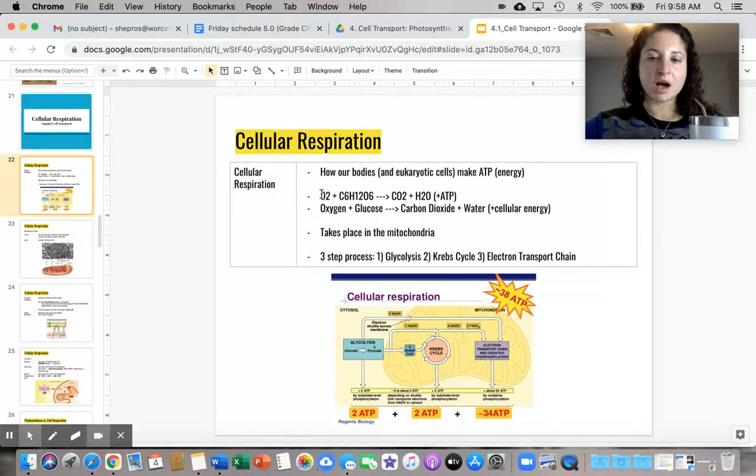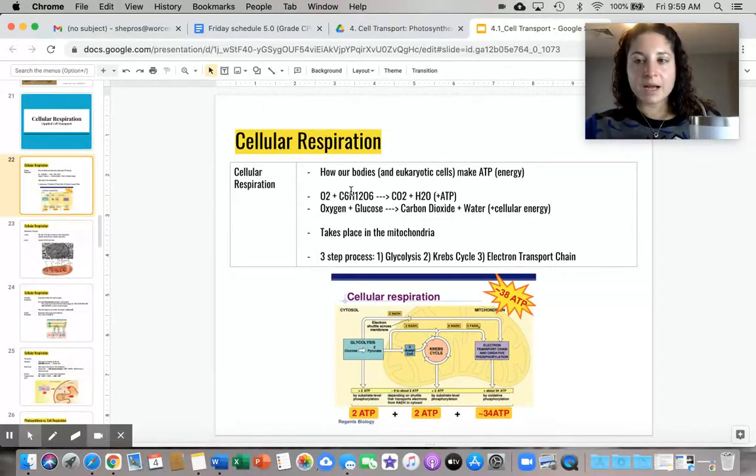So let's pause for a second, okay? In humans, oxygen comes from the air that we breathe. Glucose comes from the food that we eat. And keep in mind, we talked about the digestive system. So all your nutrients are absorbed in your small intestines through the villi, which means glucose too is absorbed by the villi in the small intestines into the bloodstream, where it's transported to your cells using the circulatory system. So we will get into more detail with that later in this unit,